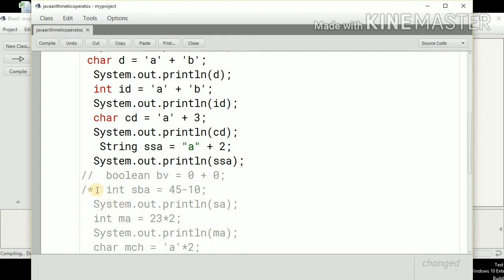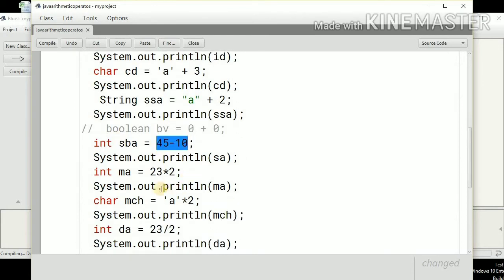The next operator is minus, subtraction. So just like we have done the addition operator, all the rules apply with the minus also. So we can subtract two literals, we can subtract two variables, we can subtract one variable and one literal. Similarly, for the multiplication operator, the rules are the same, just like the plus and the minus.